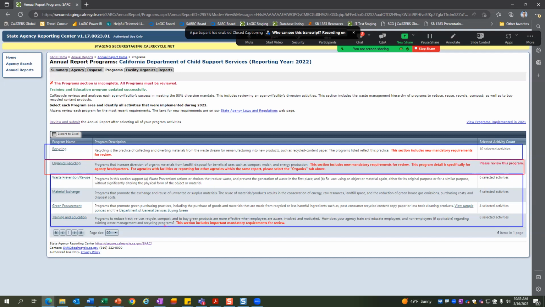That's helpful. So the ones in blue are referring to what you have implemented at your headquarters and facilities all together. The one in red in the programs tab, specifically organics recycling, you're only reporting on organics recycling at your headquarters.